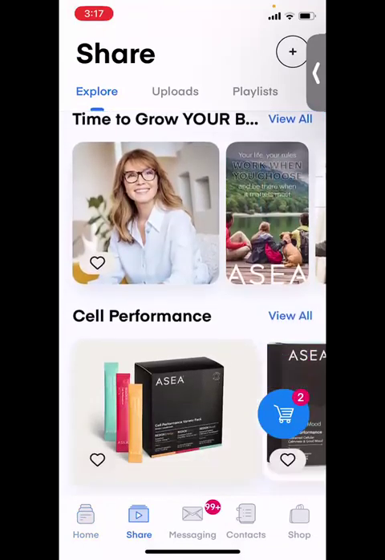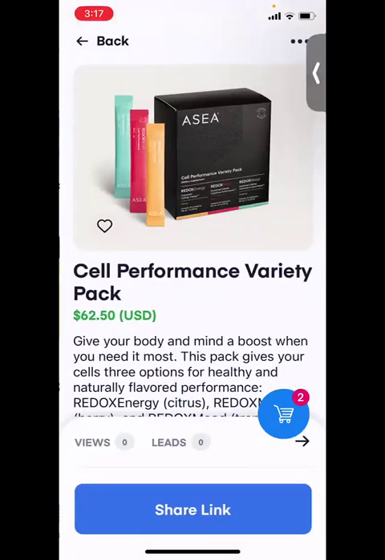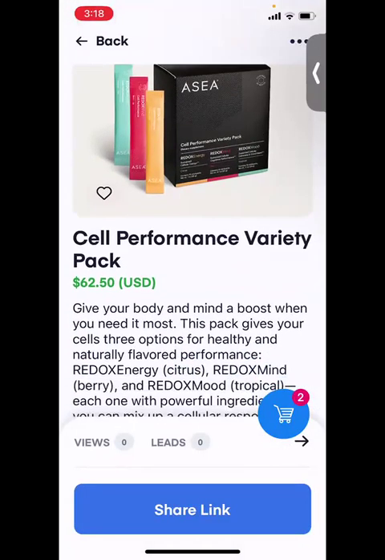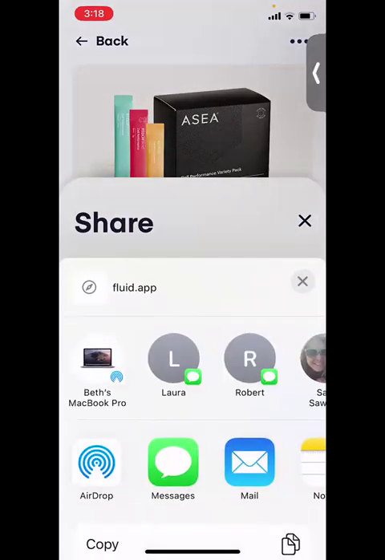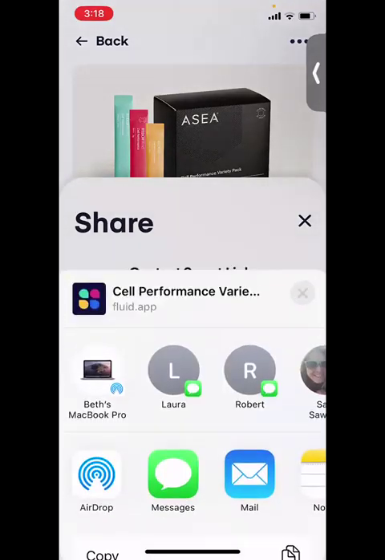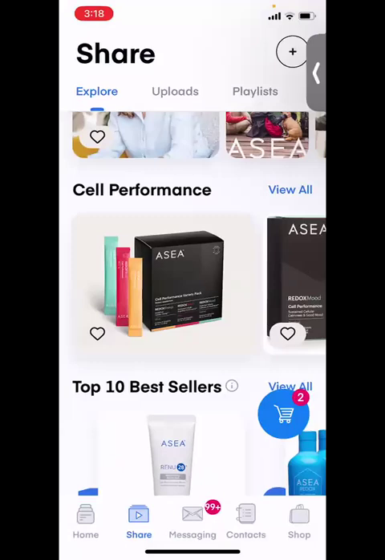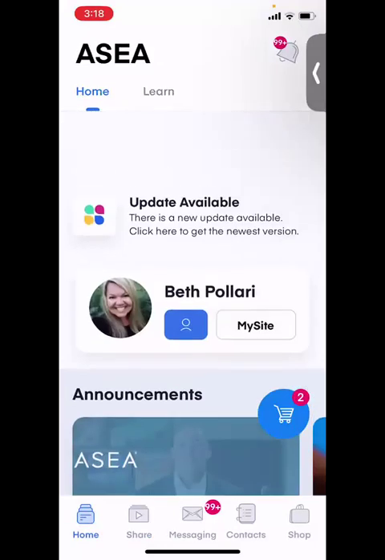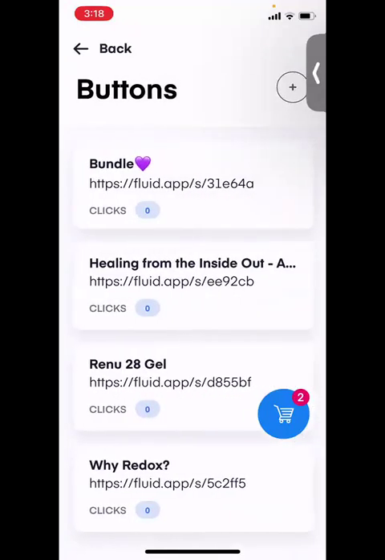So say I wanted to add a button for cell performance. I would hit general share link. So now it's copied to my clipboard. And then I'd go back to home to my site and I'd add a button